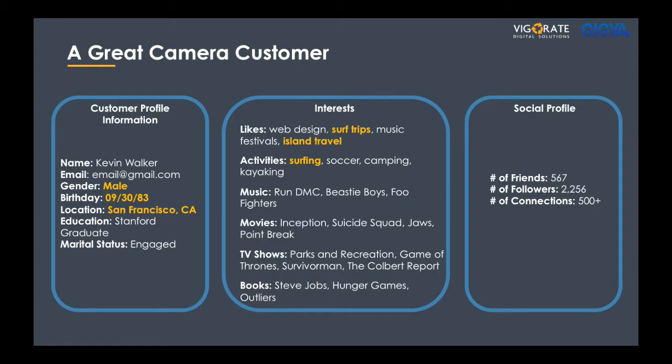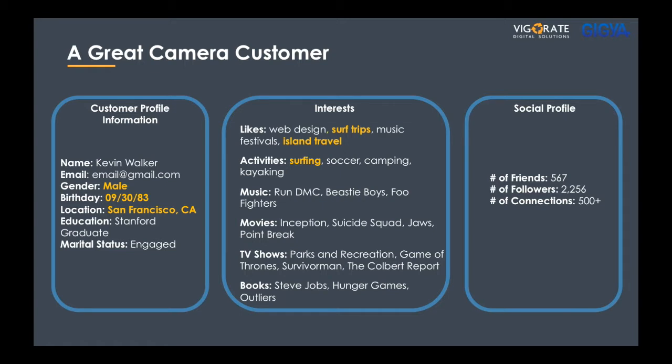Let's take a look at Kevin and the type of information we've captured on him, including system, registration, and behavioral specific data. I've highlighted a few variables such as Kevin's birth date, his geography, and some interests. This type of information can now be pulled in to create a more relevant, dynamic, and personalized one-to-one email message than the one that we saw previously.